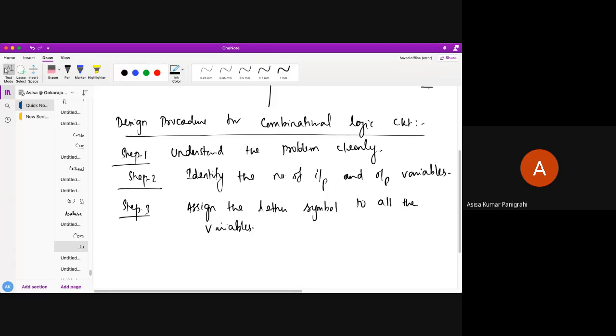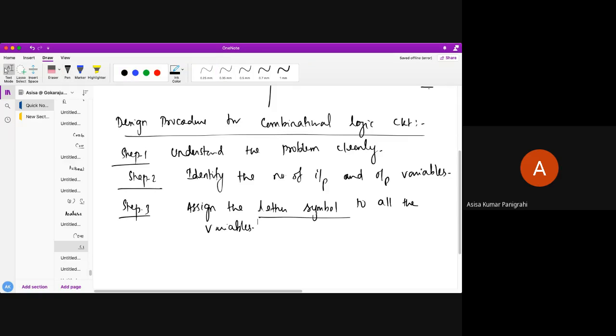Okay, you need to assign the letter symbols to all the variables. Means, let's say you have identified it requires 3 inputs and 2 outputs. Now what you need to do, for those 3 inputs and 2 outputs, you have to assign the letter symbols, like inputs A, B, C and outputs X and Y. You have to assign some letter symbols to it.